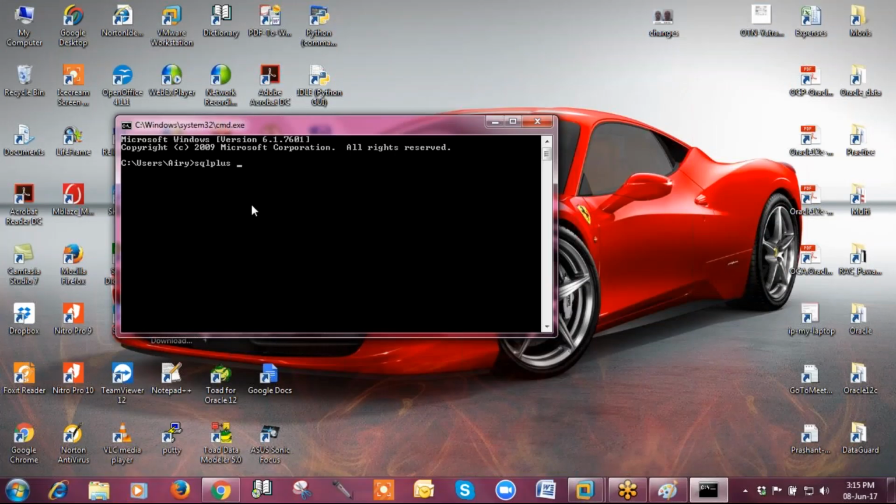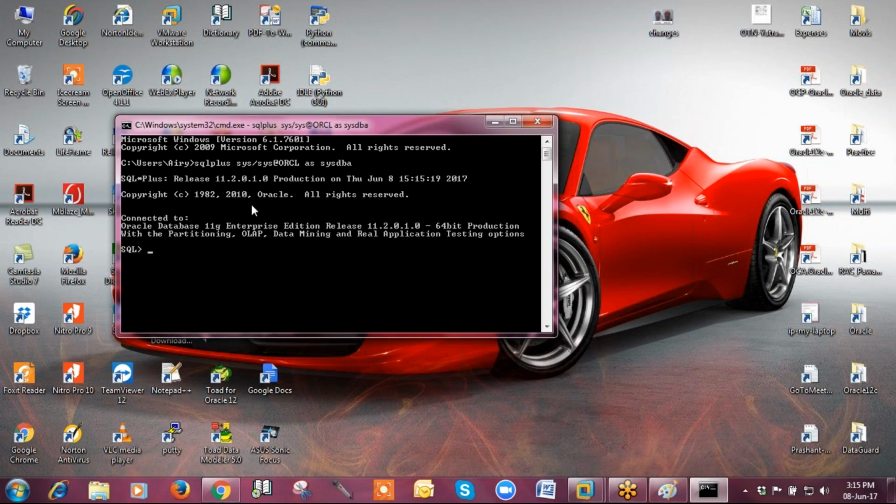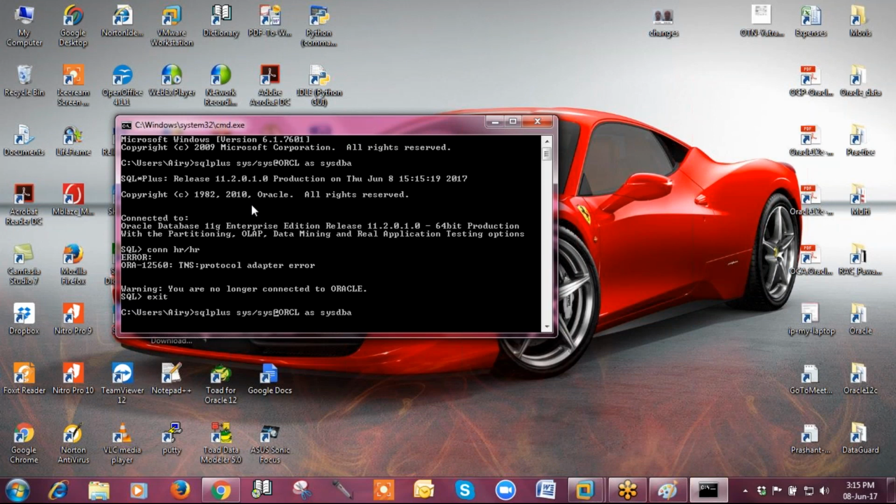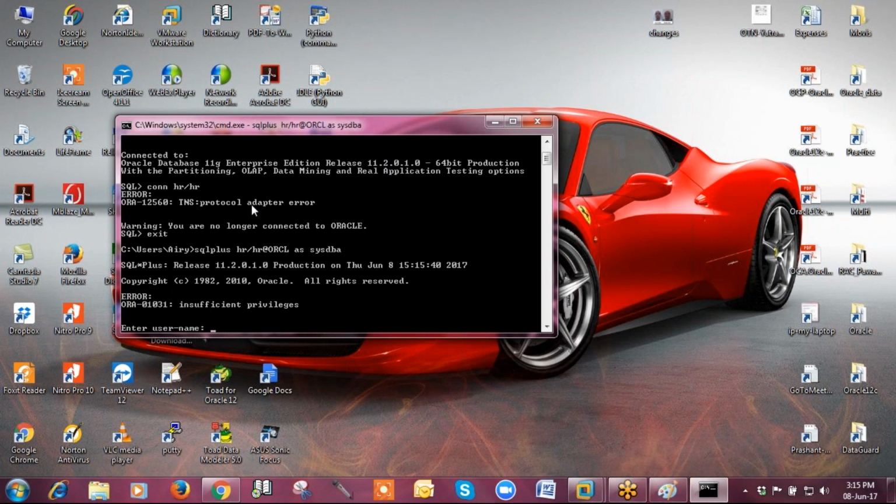Right now I will try to connect. So, sqlplus sys/sys@ORCL. ORCL is my TNS alias as sysdba. See, connected. Thereafter connect HR/HR gives a TNS protocol adapter error, so I will directly log in as HR/HR.